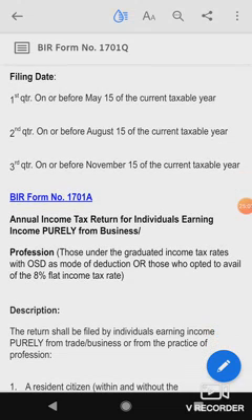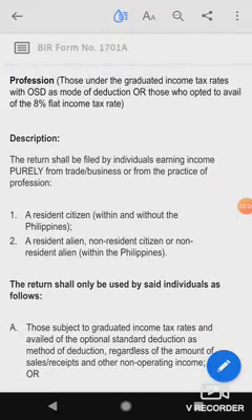Then Form 1701A, annual income tax return for individuals earning income purely from business or profession. Those under the graduated income tax rates or the tax table rates with optional standard deduction, OSD, as the mode of deduction, or those who have opted to avail of the 8% flat income tax rate. Description: the return